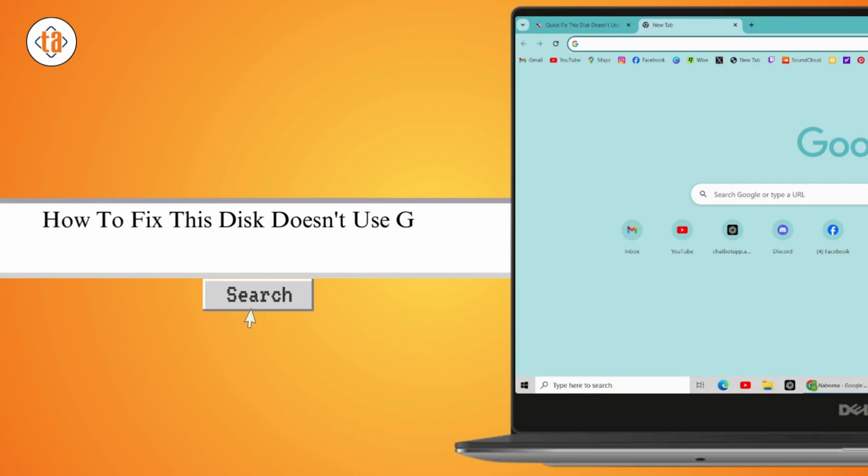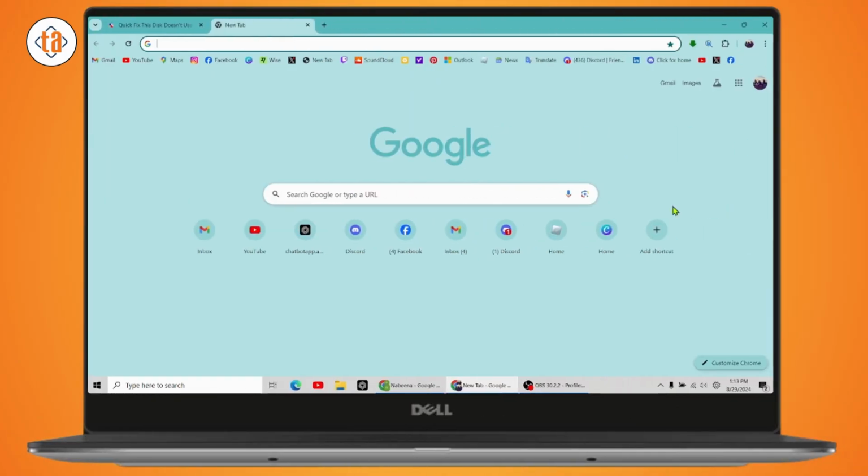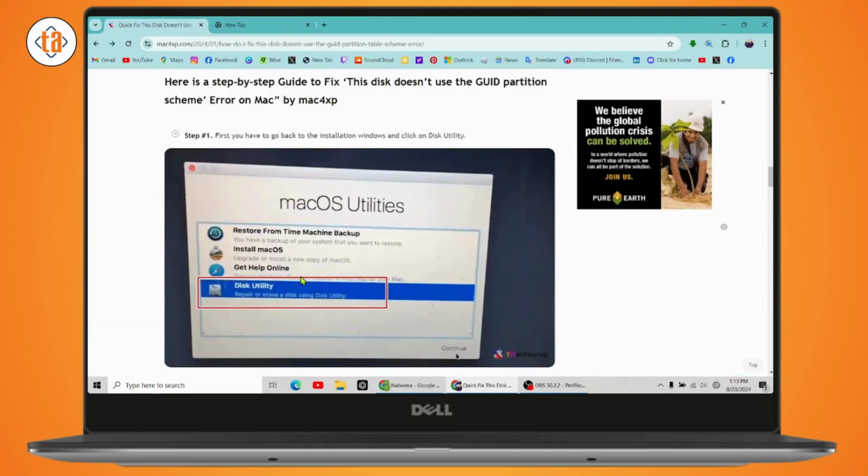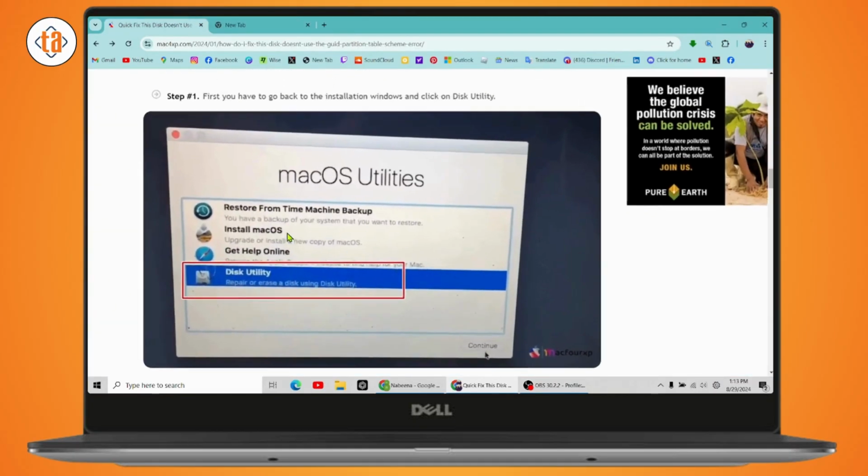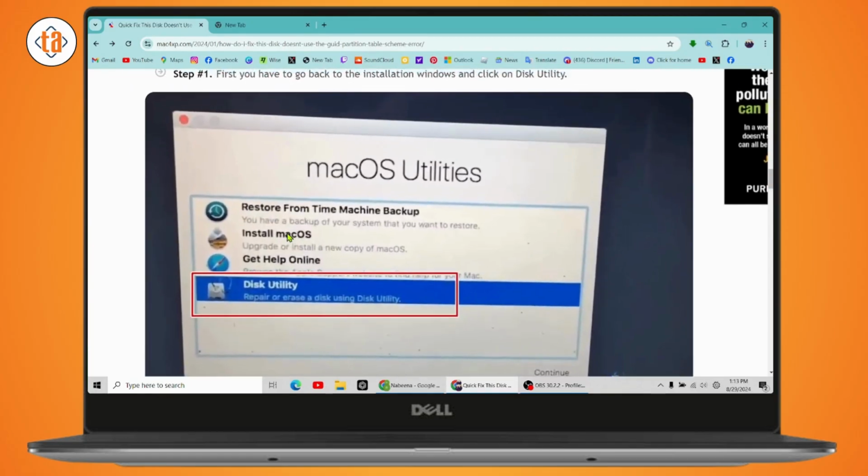How to fix this "disk doesn't use GUID partition table scheme" error. So if you want to fix the disk doesn't use GUID partition table scheme error, then just follow the steps. So the first step you need to do is you have to go back to the installation windows and click